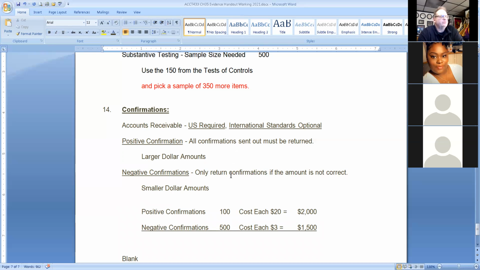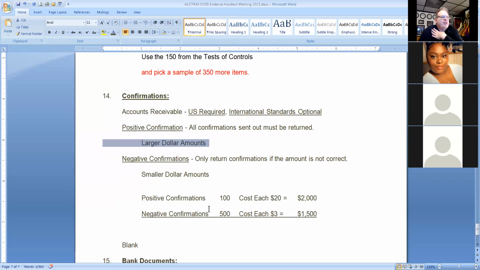If you're doing an AR test, and let's say that you're sending out confirmations over like a 14 to 30 day period, if money's coming in anyways, can you cross that off as if it was a positive confirmation? Yeah, a lot of times you will find that when you actually do the confirmations that you send out. So for instance, let's say you send out a positive confirmation, and it comes back and they say,